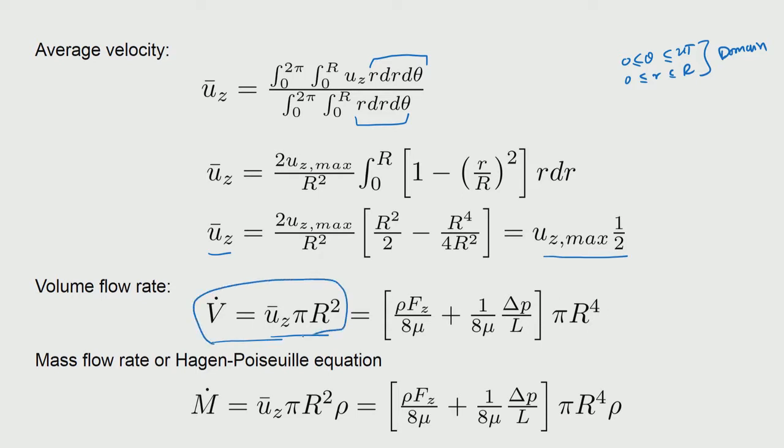So, this is something that we need to use, and if you multiply the volumetric flow rate with the density, then you actually have the mass flow rate, and that is also straightforward. You can use it here, the average velocity into the area pi r square into rho. So, that would be giving the mass flow rate. So, mass flow rate has a name. So, Hagen-Poiseuille equation. So, this equation actually is quite popular, and if you plug in the numbers and get the average velocity, then that can be used to determine the flow variation.